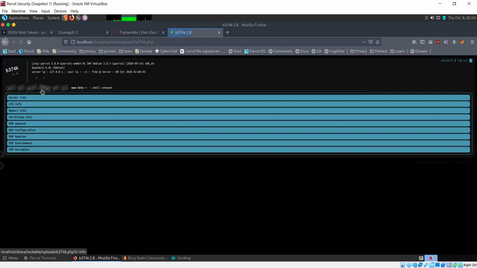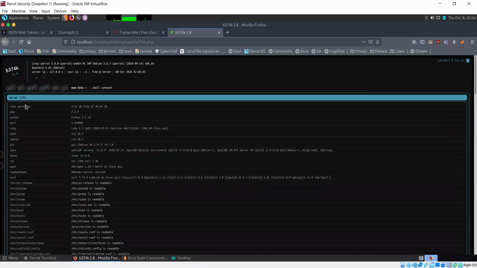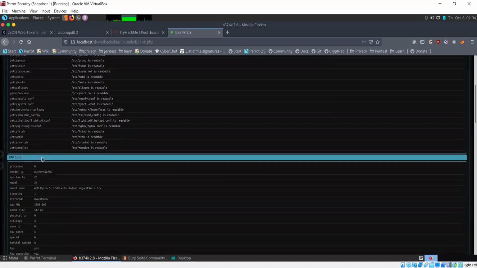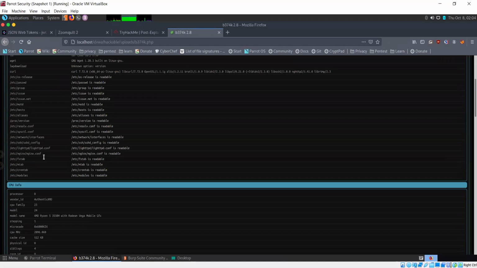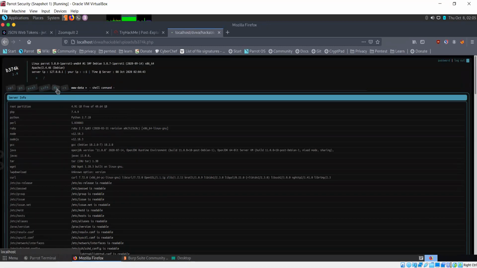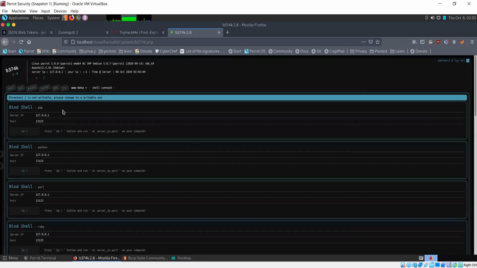I'll just click on info. It is going to give me general information about the system, CPU info and server info, all kinds of information that I want I can get. Database, if you want to connect to any particular database. Remote shell, so if you want to connect a bind shell on this device, all you have to do is connect to these ports.